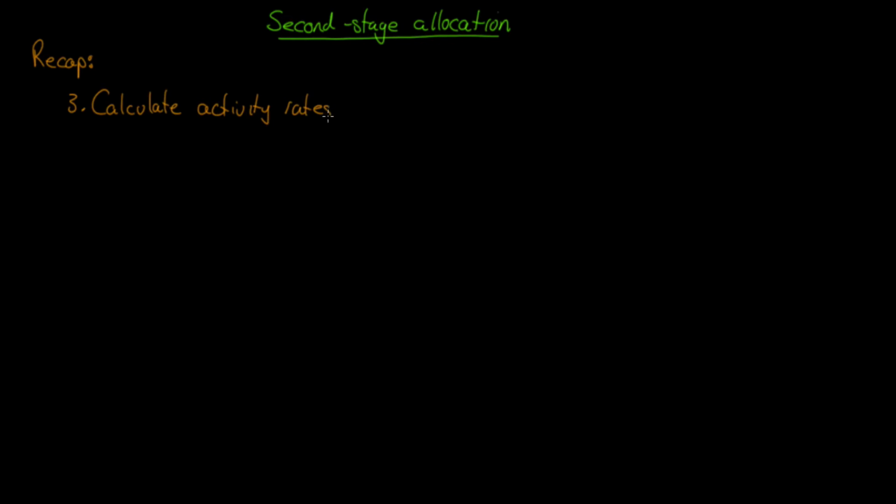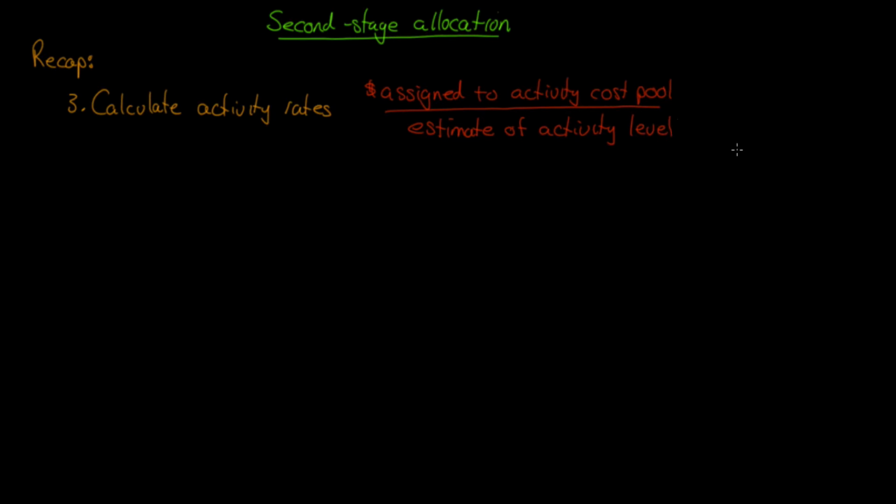And I mentioned at this time that this was much like calculating a predetermined overhead rate, where we have some estimate of our manufacturing overhead divided by an activity level. In this case, we have the amount of dollars that are assigned to some activity cost pool divided by some estimate of the activity level associated with that cost pool. And as we go through the textbook example in a few minutes into this video, we'll see how that's done. Once we have our activity rate, we are ready for actually assigning the costs to our cost objects,